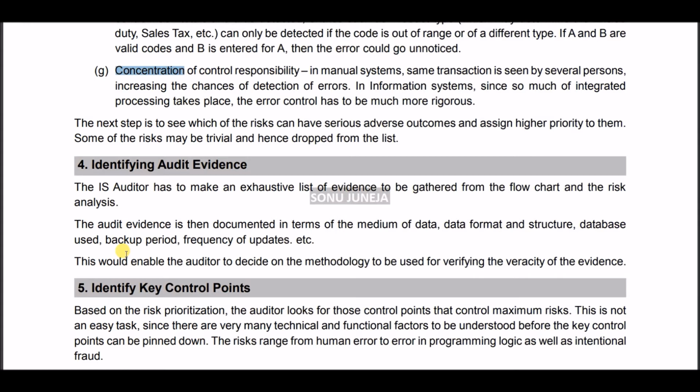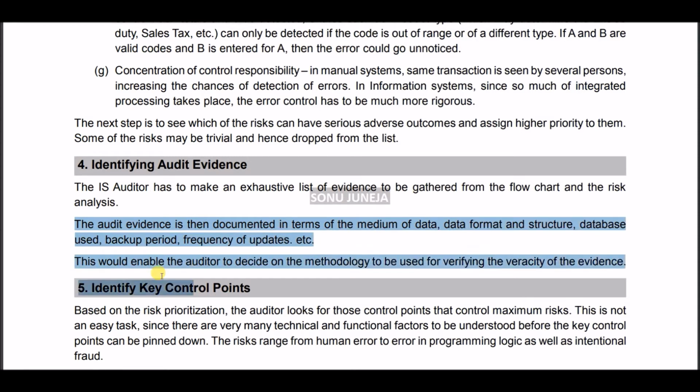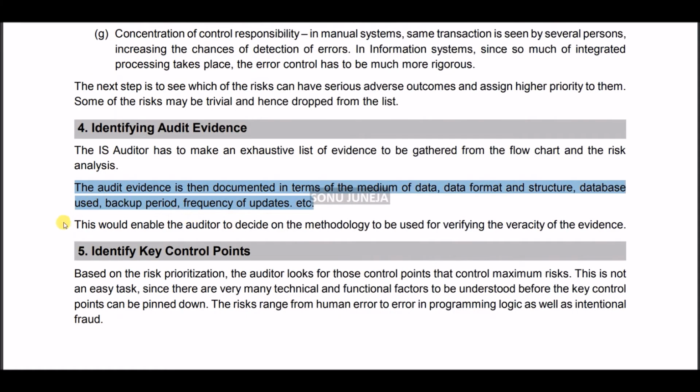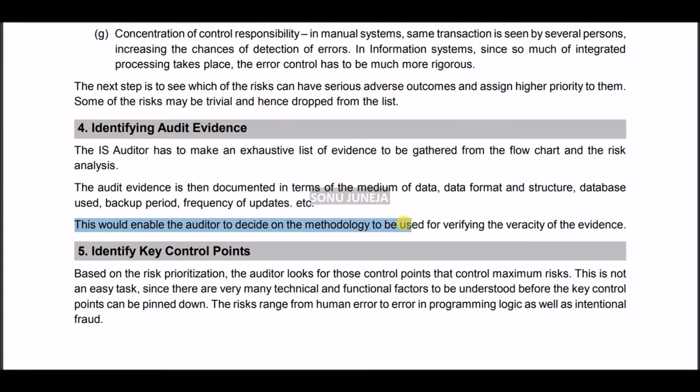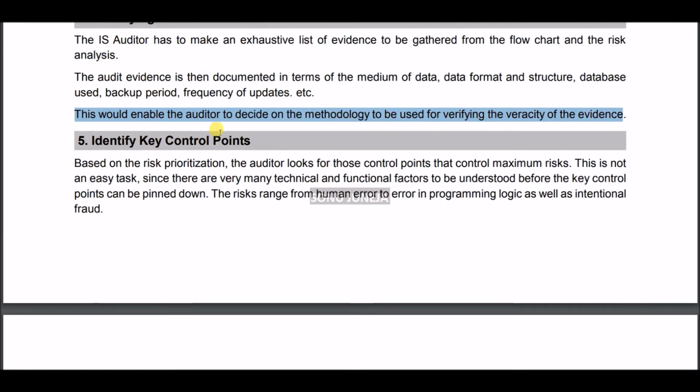So the information system auditor has to make an exhaustive list of evidence in the form of flowchart and the risk analysis. The audit evidence is then documented in terms of medium of data or data format, structure, database, use, backup period, frequency of update, etc. Now this would enable the auditor to decide on the methodology to be used for verifying the veracity of evidence. Fifth is